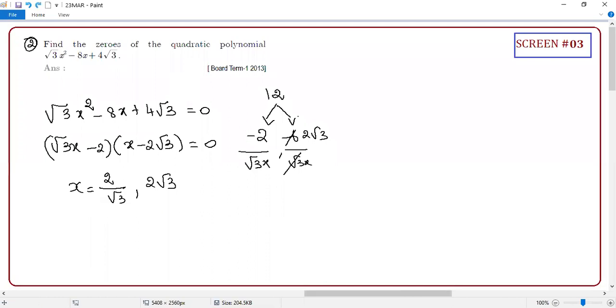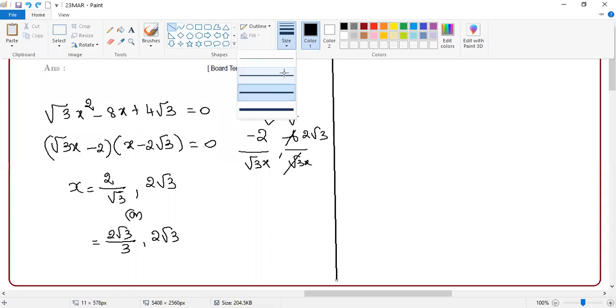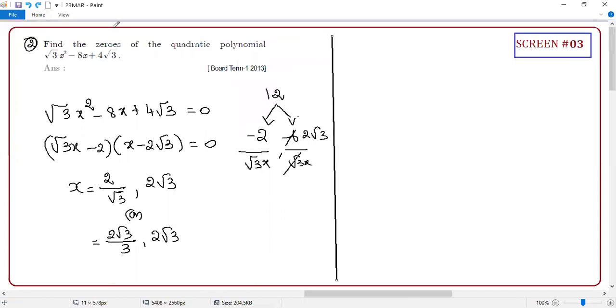No doubts. Maybe, guys, "sir, I don't want to keep the irrational number in the denominator." You can write it. If you multiply root 3 in both numerator and denominator, what will happen? 2 root 3 divided by 3. It's not compulsory, but still you can do it, right? Why do you want to miss that opportunity? If the teacher wants that answer, yes, let her take it. Clear or not? Any doubt?